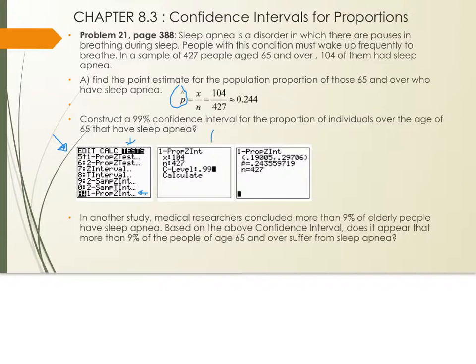Then we get this screen here, and we see that it says 1 prop z interval. We enter in 104, we enter in 427, our C level is 0.99, we hit calculate. Now we get our confidence interval, and you see that the lower bound is about 19% and the upper bound is